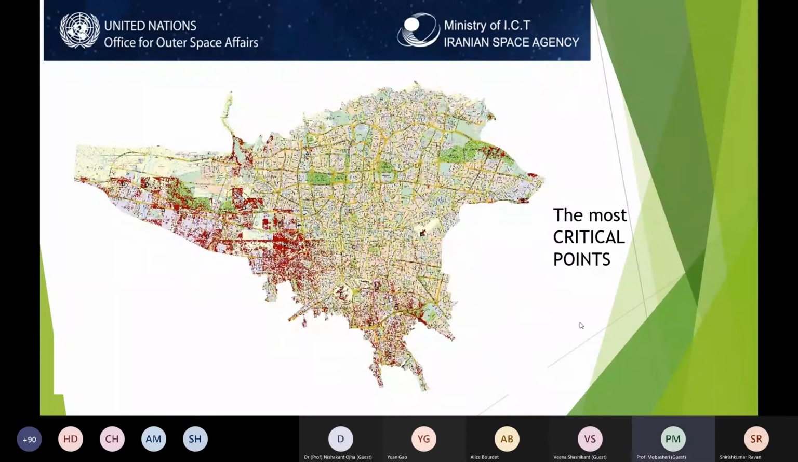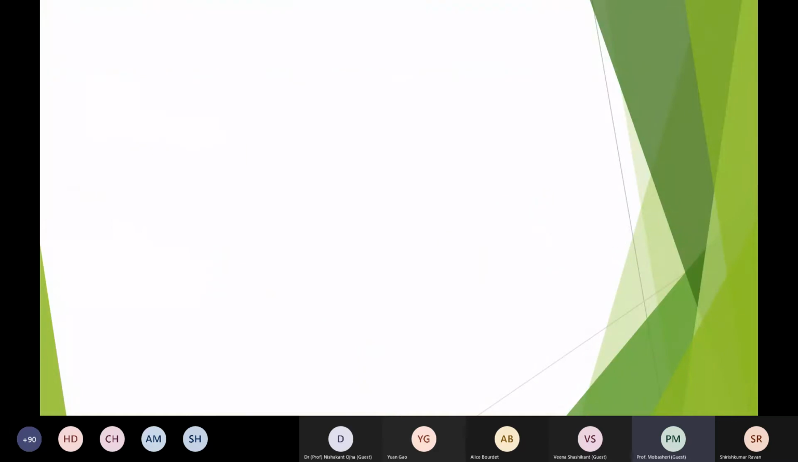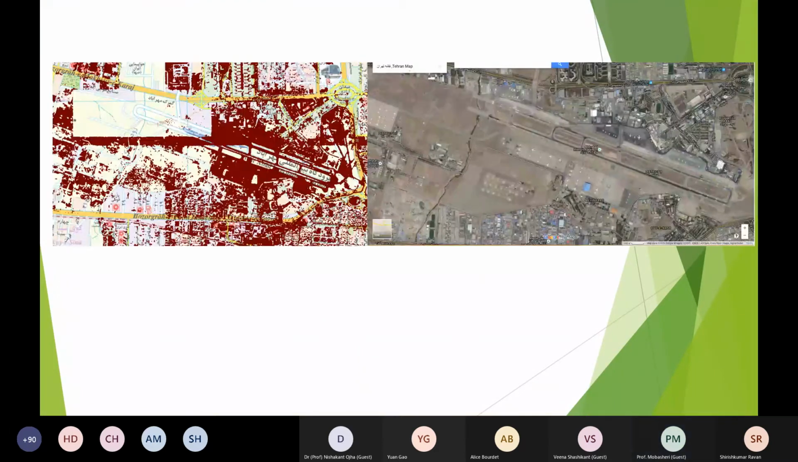This is the most critical point, which is shown in dark red. This is the most critical point, which takes the highest temperature within the city. And when we go to the field to see which area this is, go to the next, please. We can see the area, which is,